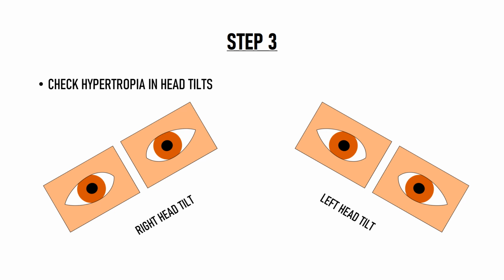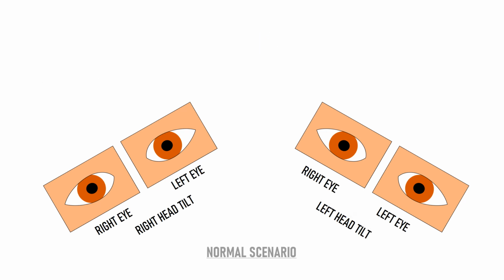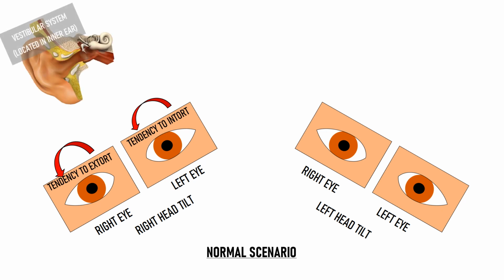We will first discuss what happens in a normal scenario. So in a normal scenario, when we tilt our head to the right, then our right eye would have the tendency to extort and our left eye would have the tendency to intort. But we don't want the image formed on the retina to tilt or rotate. So on head tilt, our vestibular system, which is located in the inner ear, gets activated in order to